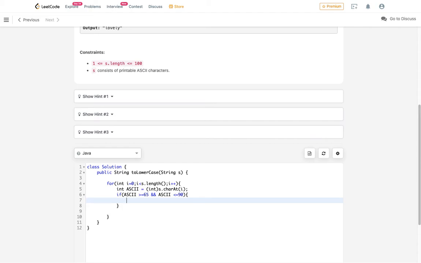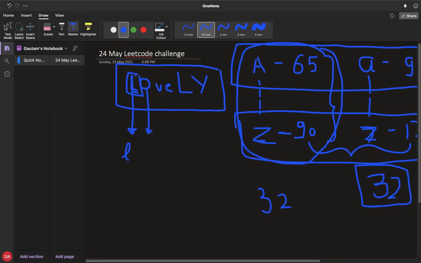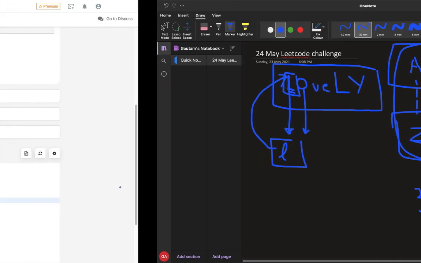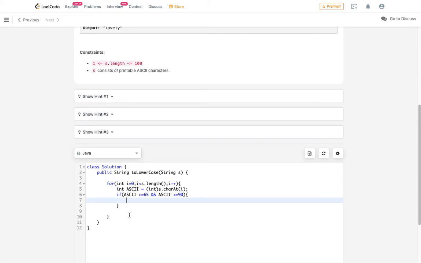So now what we have to do is convert it into lowercase. We have found that this L in "Lovely", capital L, is uppercase, right? So we now need to convert that uppercase into lowercase and replace the uppercase L with the lowercase l, meaning we'll just replace it. So how will you do that? We'll first need to convert it into lowercase.